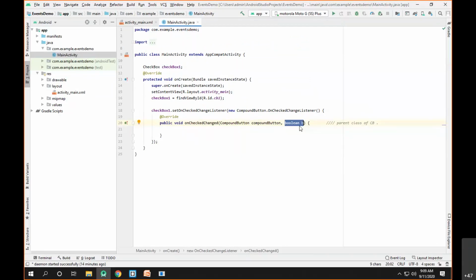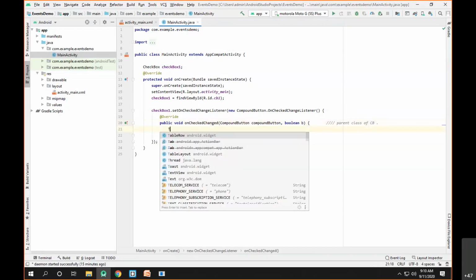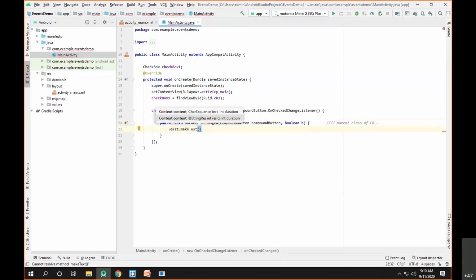So what I say here is Toast.makeText. I'll try to display the text on the current application, in MainActivity. I need to display the text of the checkbox. Now, how to display it?